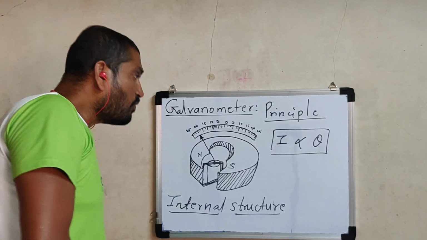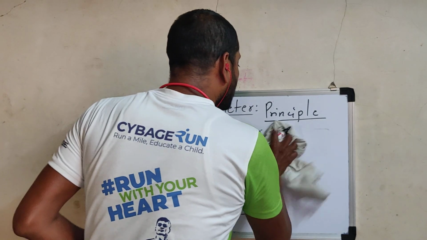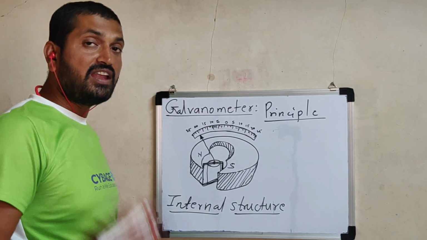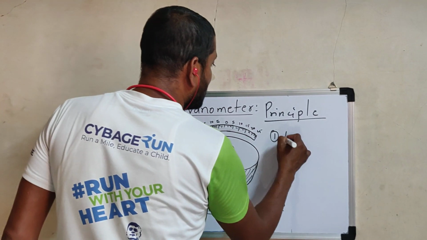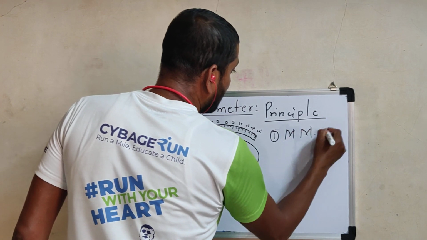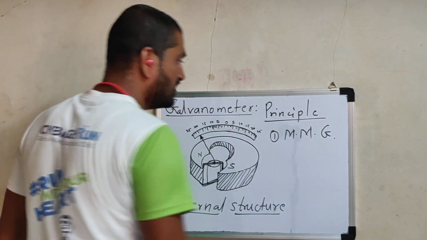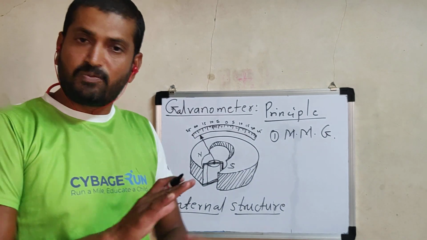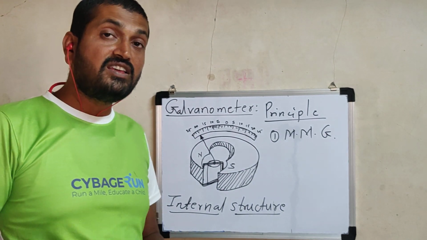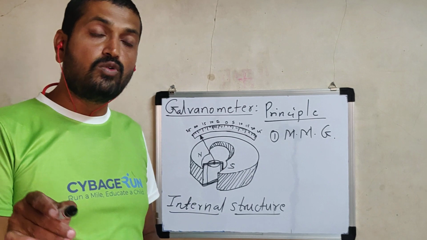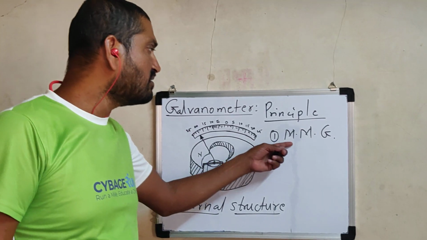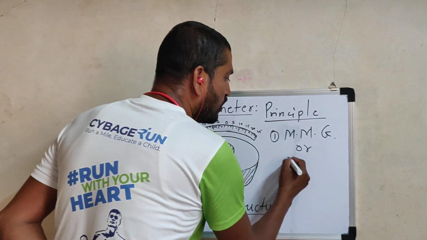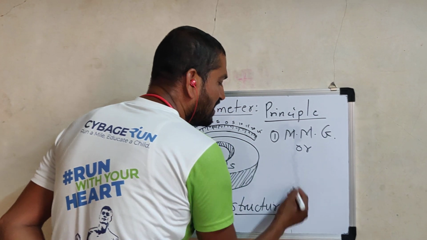Out of these two components, coil and magnet, in some galvanometers the coil is fixed and the magnet is moving. It is called MMG, moving magnet galvanometer. Listen carefully. A galvanometer in which the coil is fixed, not free to move, but the magnet is free to move, it can rotate, is called a moving magnet type of galvanometer. Actually, its principle is the tangent law, which we already discussed in 11th standard.